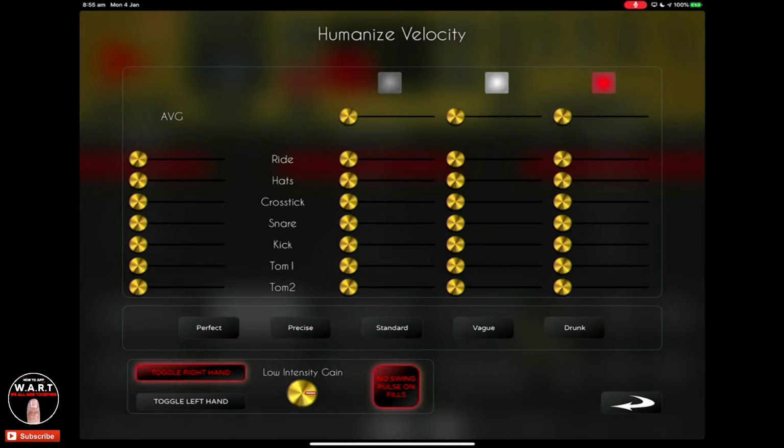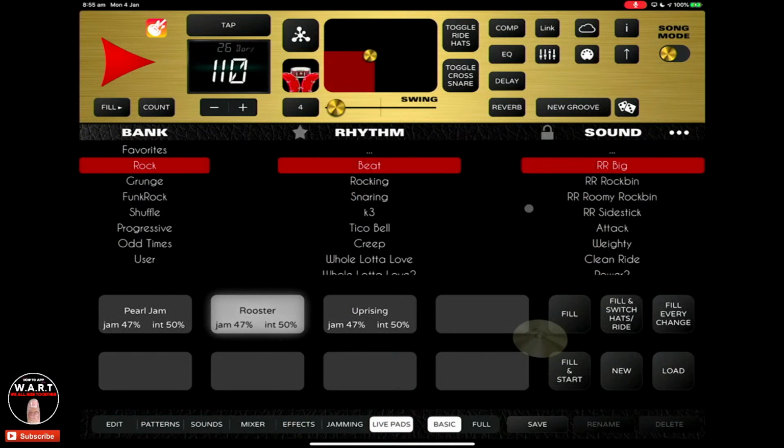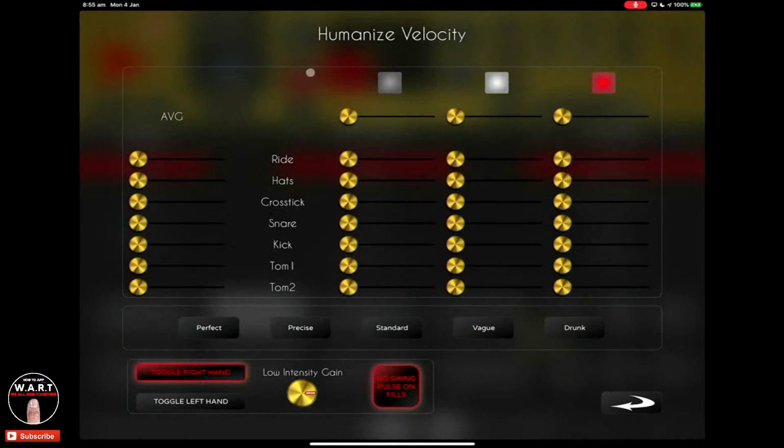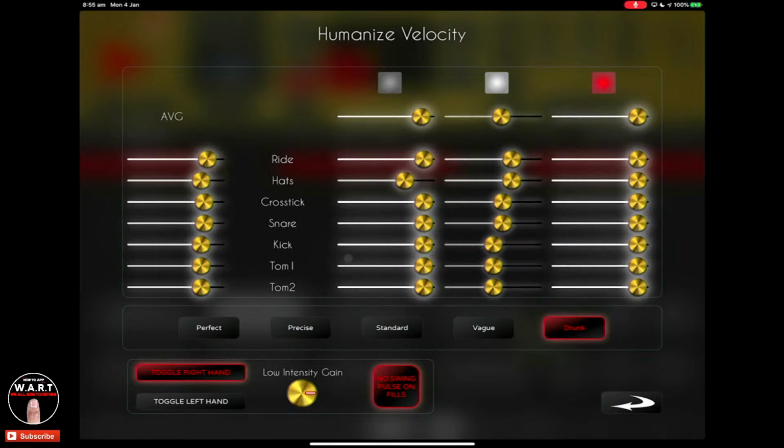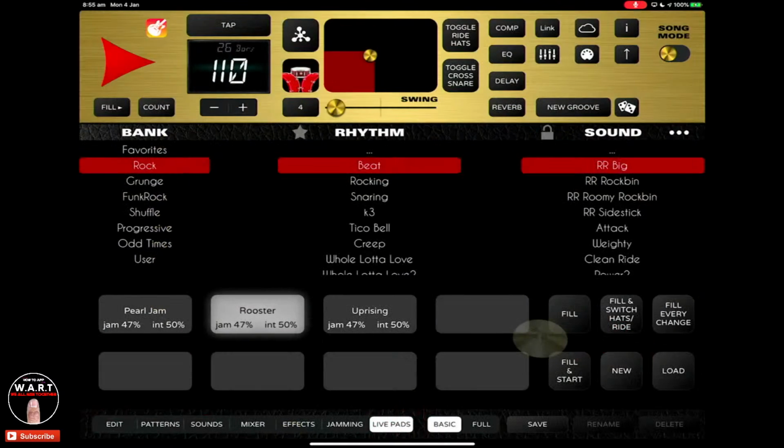So you've got this little section here too, right? Up the top, this little weird DNA strand. When you click on that, you can absolutely humanize your entire drummer. So you can change him to drunk. See all these weird settings. So when I hit play now,